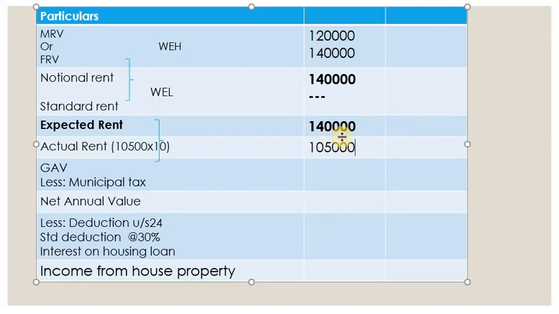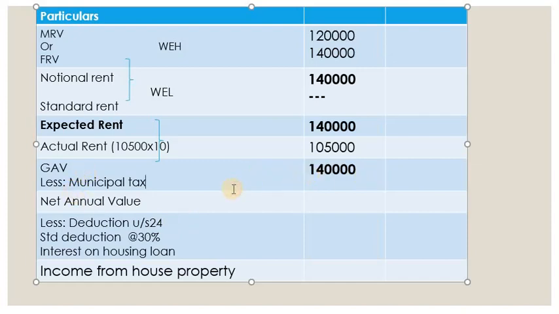Now compare these two values; whichever is higher should be considered. So 1,40,000 is the gross annual value. Now we have arrived at the gross annual value. You may have a question: what about the 2 months? For 2 months it is self-occupied, so there is no question of receiving rent. You are letting out only for the next 10 months, so for those 10 months whatever the actual rent is, we have to take. So this is the gross annual value.